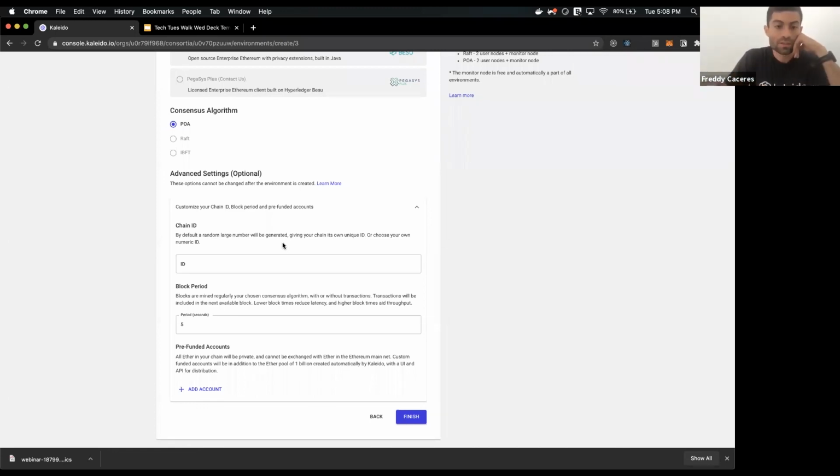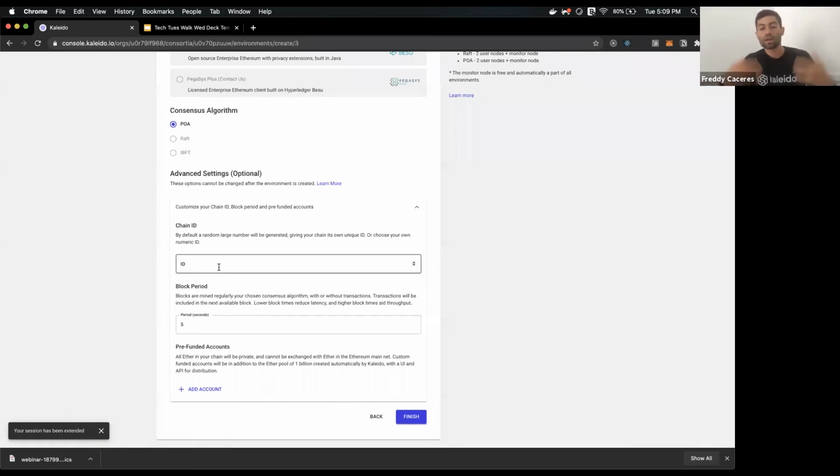The first one is the chain ID. This is a random number that Kaleido generates by default that gives your chain its unique ID. But sometimes, depending on some use cases, for example, where we have seen this in the past, some clients might want to migrate a chain into Kaleido where they had already developed some application for it. And they were doing something like externally signed transactions, where the ID of the chain is required to